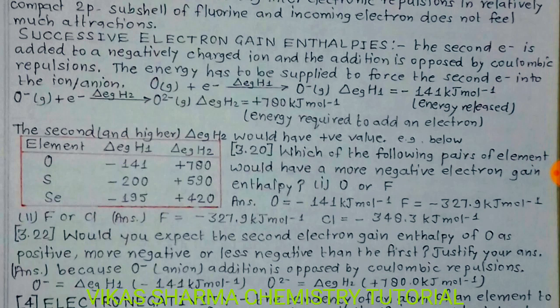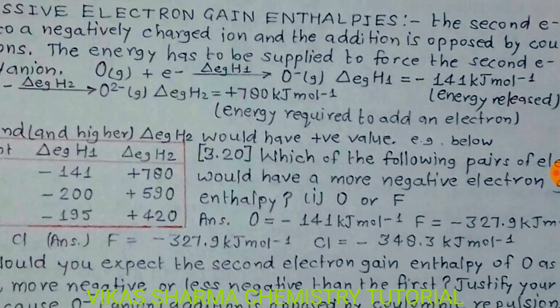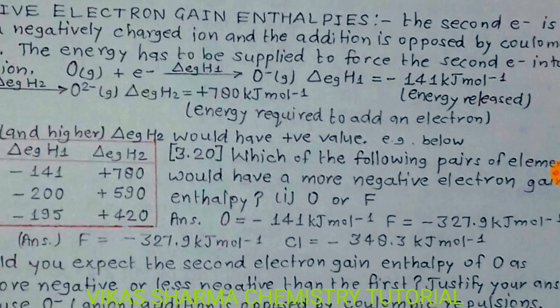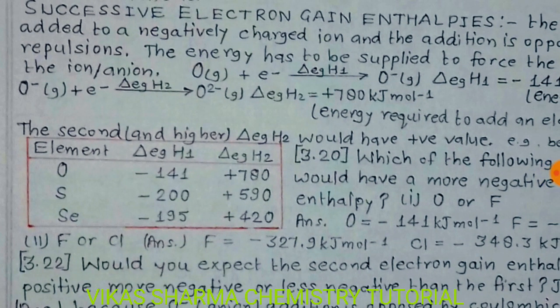So student, successive electron gain enthalpy: the second electron is added to a negatively charged ion, and the addition is opposed by Coulombic repulsion. Energy has to be supplied to force the second electron into the anion. For example, oxygen: the first electron is accepted, giving O negative. Delta EGH1 is minus 141 kilojoule per mole, energy released. But in the oxygen ion, when an additional electron is added, giving O2 negative,